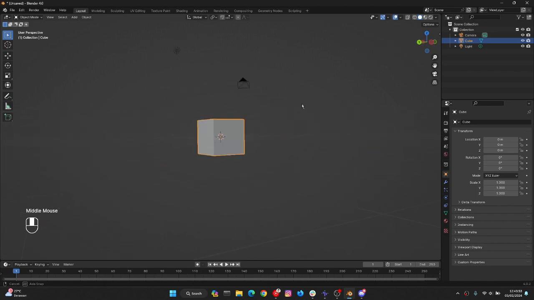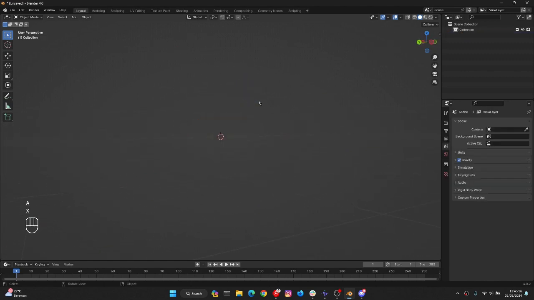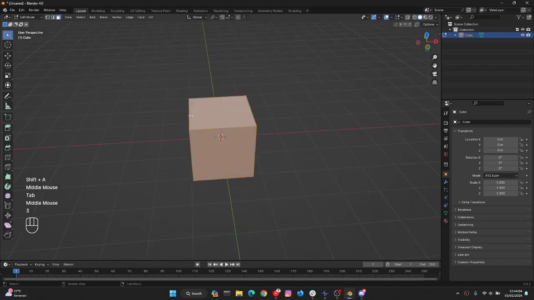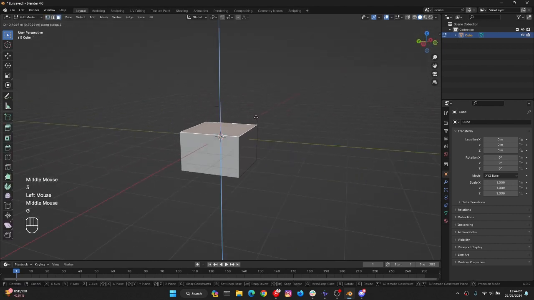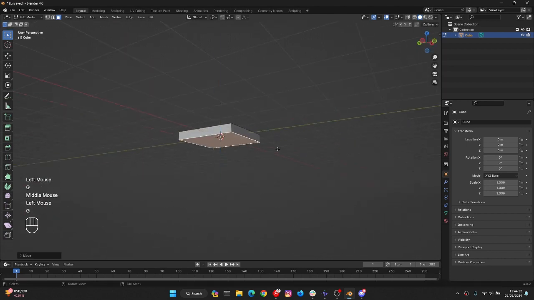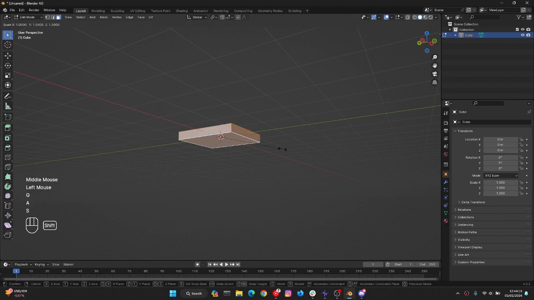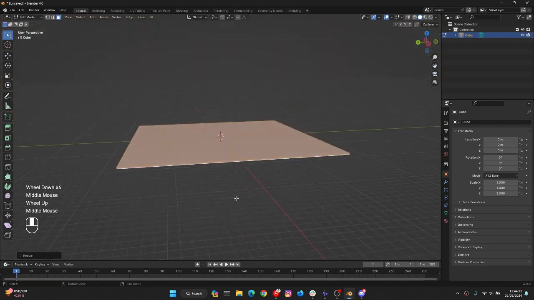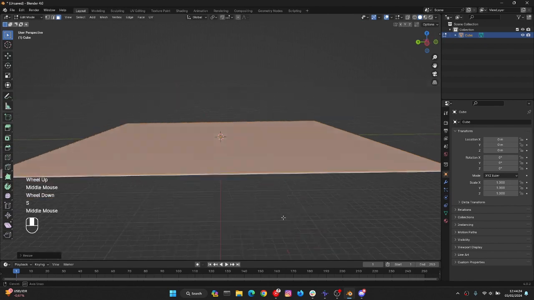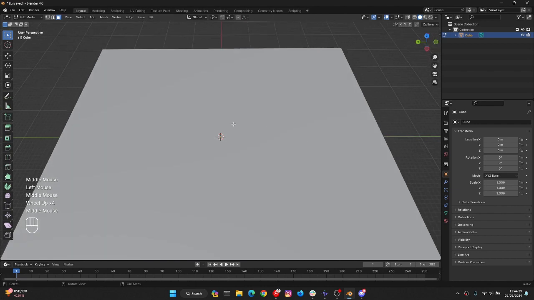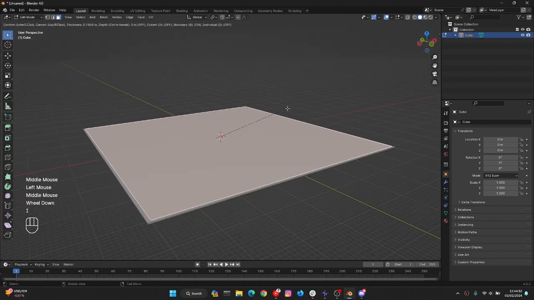There are a few ways to do that. First thing first, you can delete all this, and then create a mesh cube, go to edit mode, number three, and make the floor first. I'm telling you the basic way. Press Alt Shift Z, and then expand the floor until you've got the amount you want. Maybe something like this, and then you create the wall by pressing I to make a new